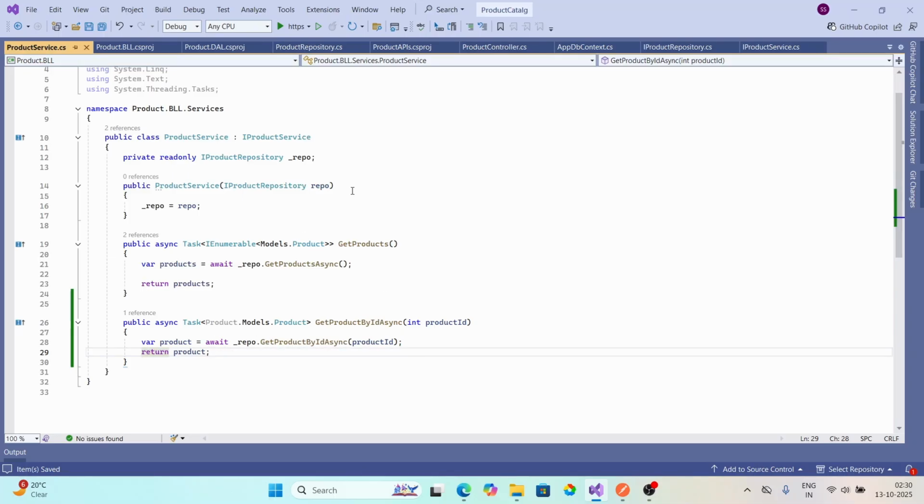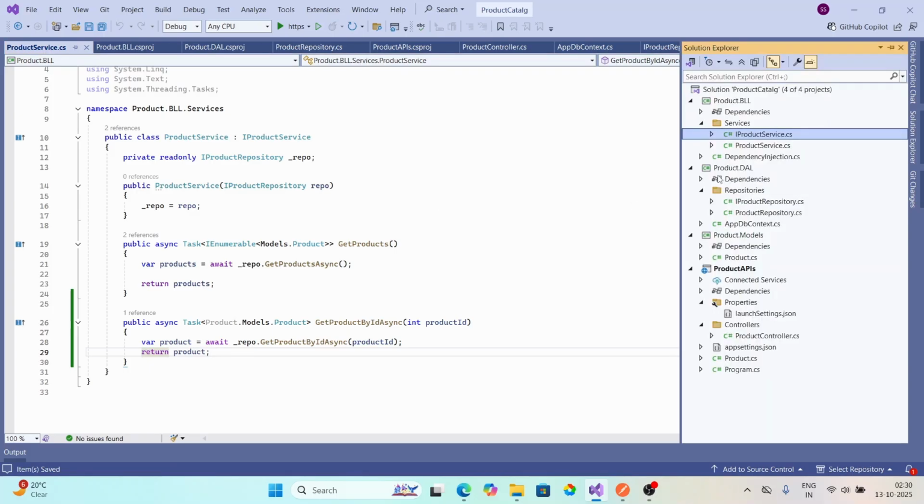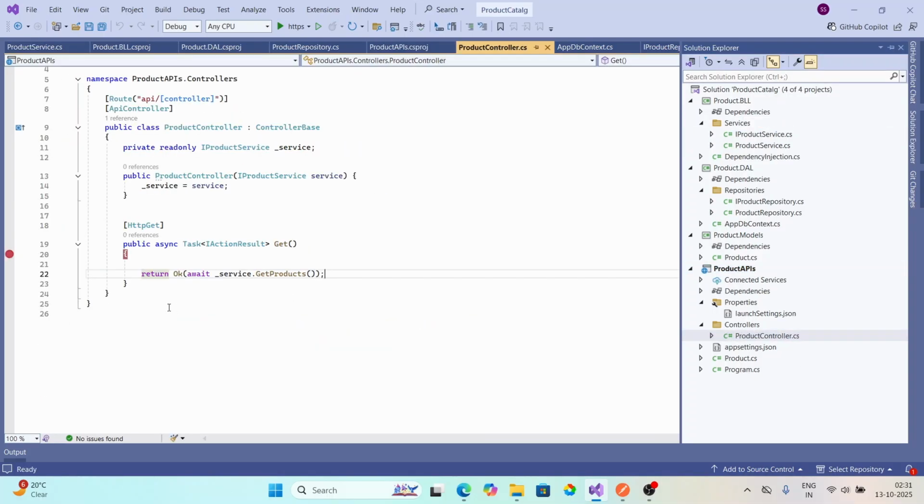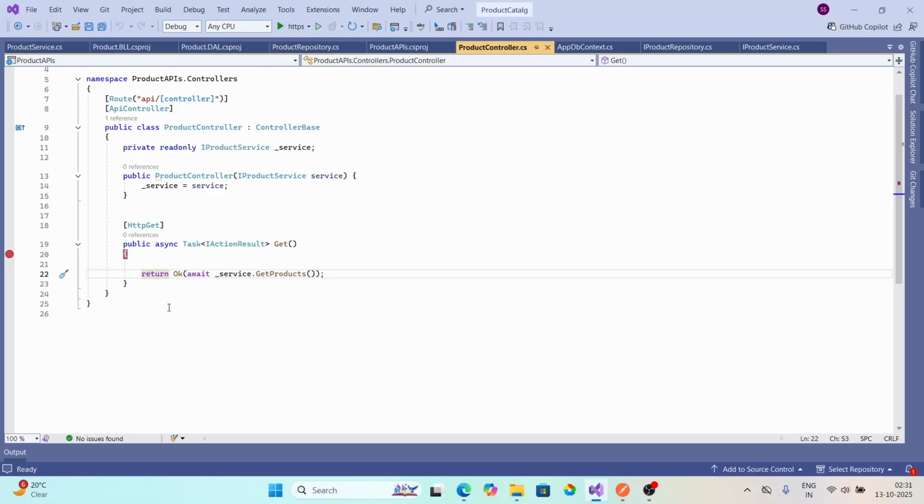So we have created it in the product repository, then the product service. Let's move to our controller method now. In the product APIs, we have ProductController. So let's move to this one. And in this one we have one HTTP GET method. So our new method is also HTTP GET. So let's add this one HTTP GET and name it as get product